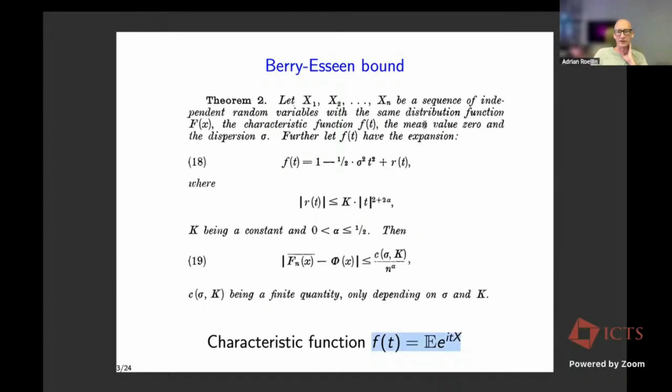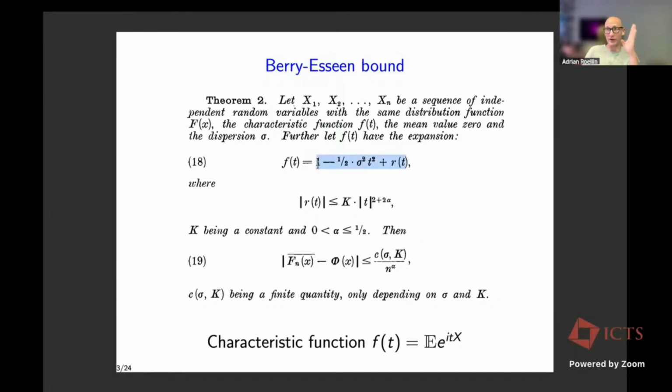We assume, to simplify things again, that the mean is 0, and that the variance is sigma squared. We further assume that the characteristic function has this expansion. As you can see, that's just a Taylor expansion